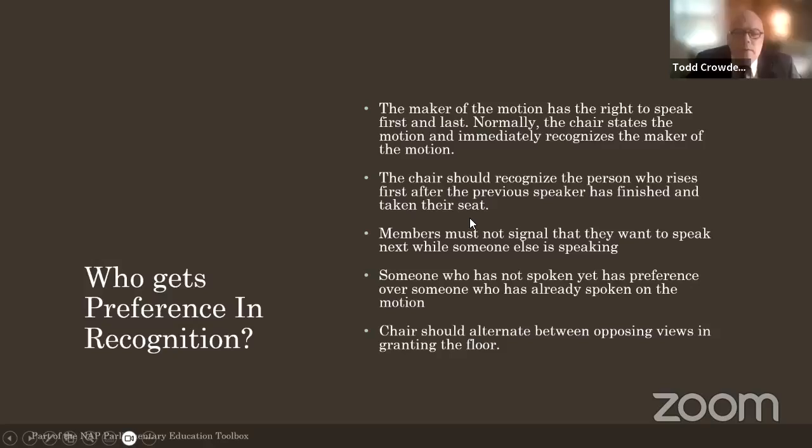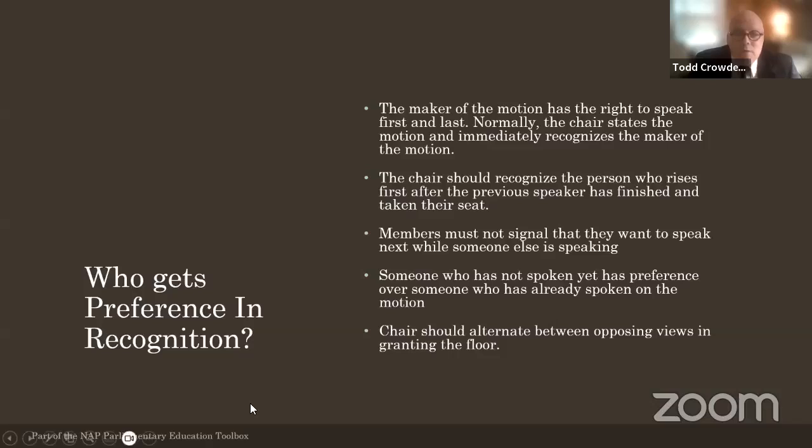Well, in a real room, you'd wait until the person speaking takes their seat, and then you rise and say, "Mr. Chairman," and there'd probably be a number of you doing that at the same time. In a Zoom room, you do it however you can. Like you're doing here, you raise your virtual hand or whatever the rules say. But Robert's Rules of Order isn't really written for Zoom. It's written for live rooms.